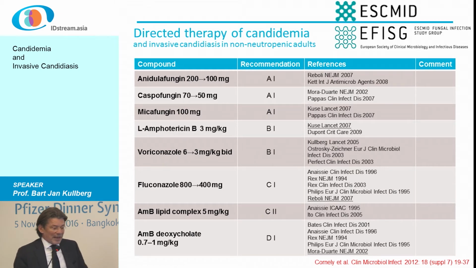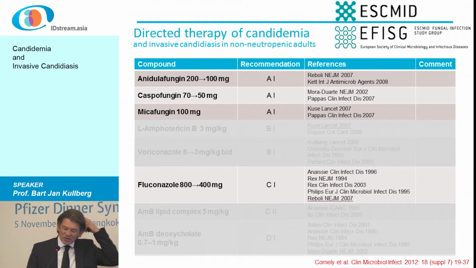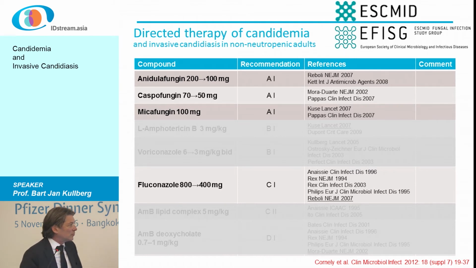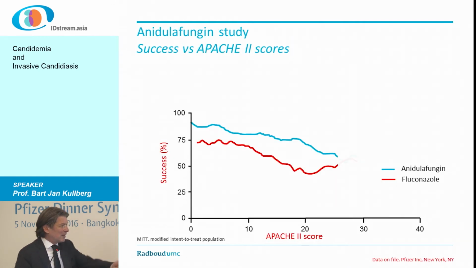And the ESCMID guideline is very similar, where actually fluconazole is very low on the list, got only a C recommendation, and so that differs from the IDSA guideline, but basically, and as you have seen, that was based on this large study where fluconazole did really perform poorly. If we now look at the results of this study in the ICU related to Apache 2 scores, this may be an easy graph for intensivists,